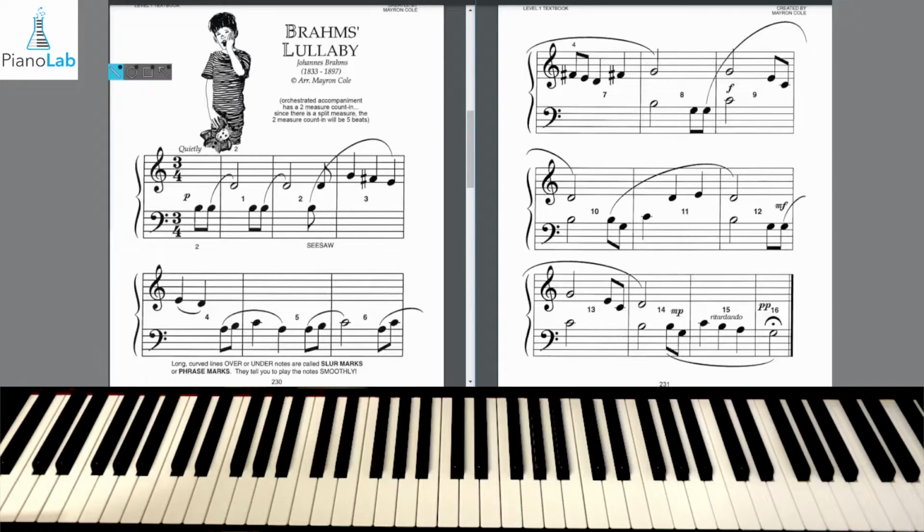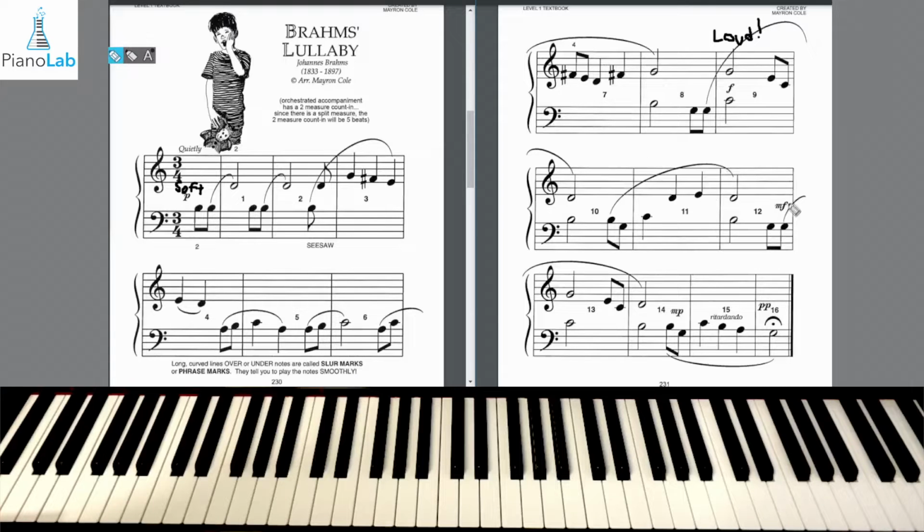So let's start by reviewing our dynamic markings in this song. So the first one shows up right here, and it is piano. And piano means to play soft. So we'll write the word soft right here so we can remember soft. And that continues until we see our next dynamic marking. So let's keep moving in the song. And look, okay, here's one. This is forte, and it means to play loud. So forte is loud. So I can write the word loud up here so we remember to start loud in measure 9. Okay? And then we're going to keep moving through our song.